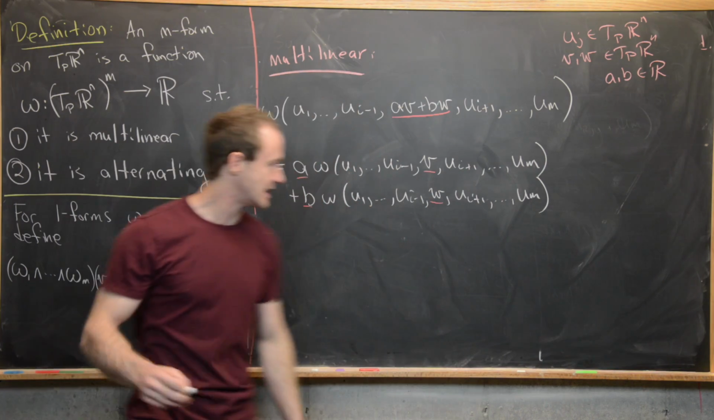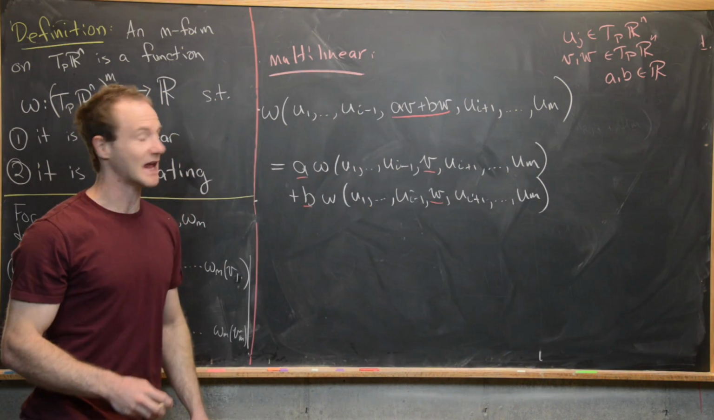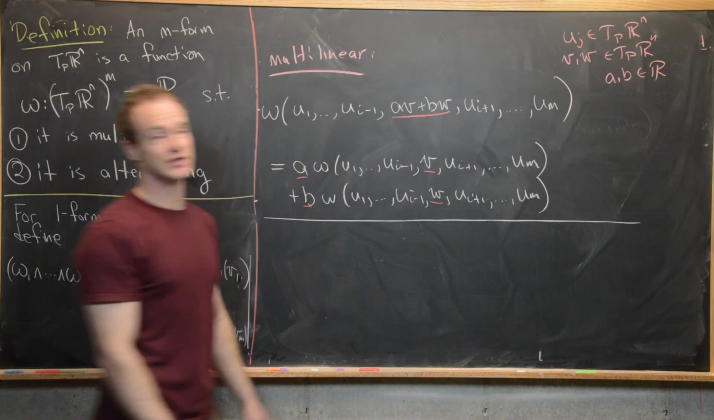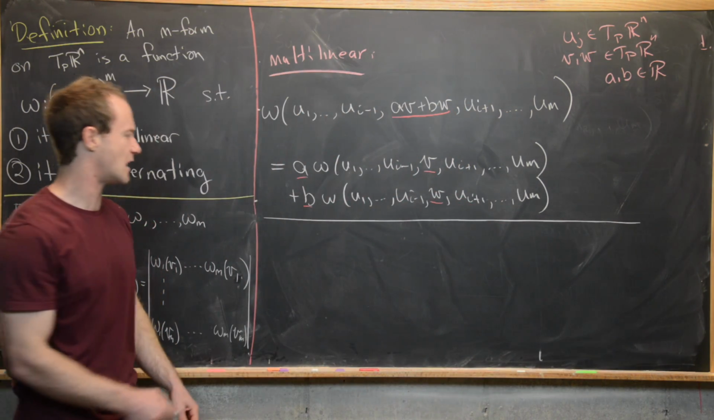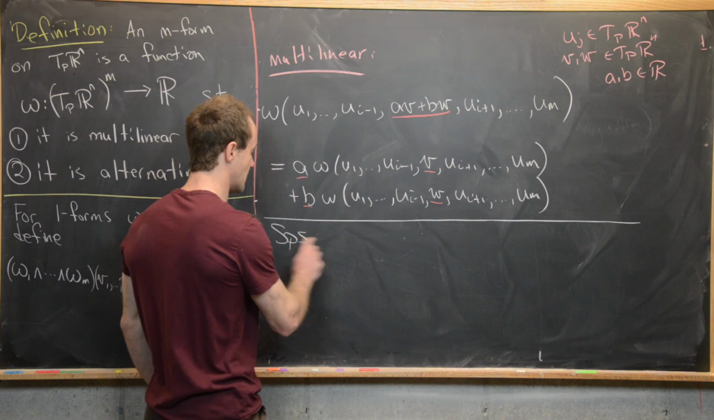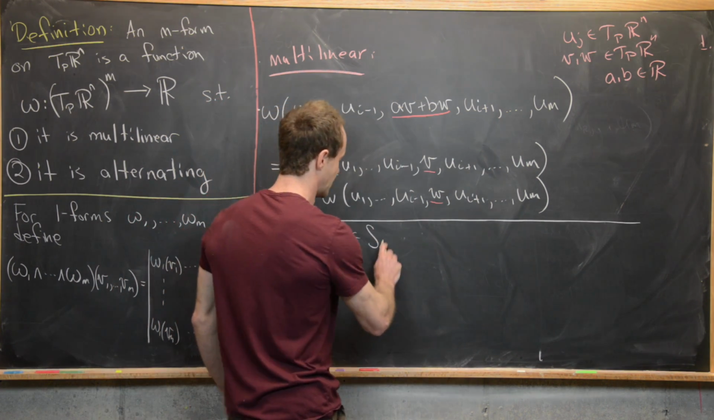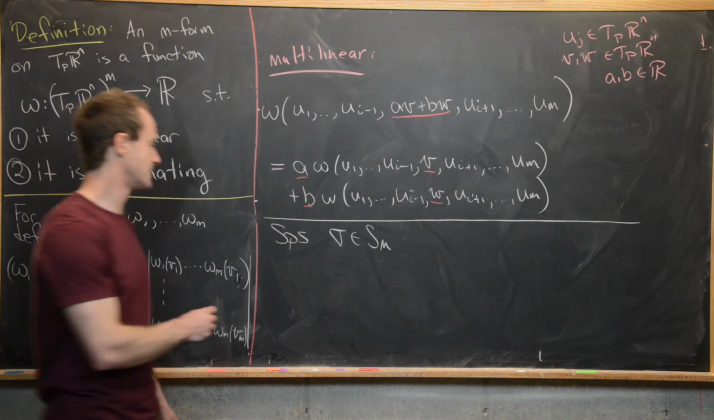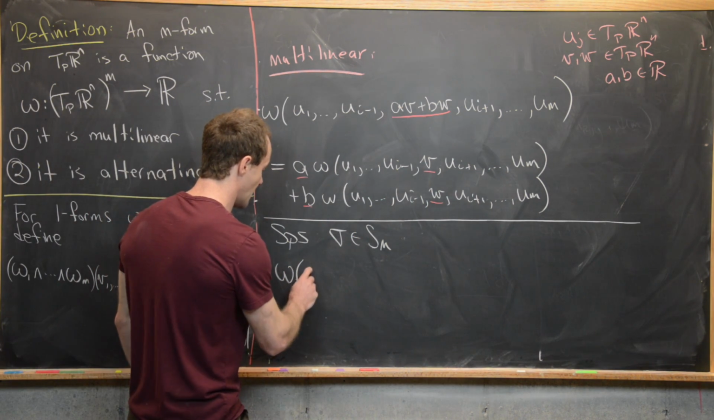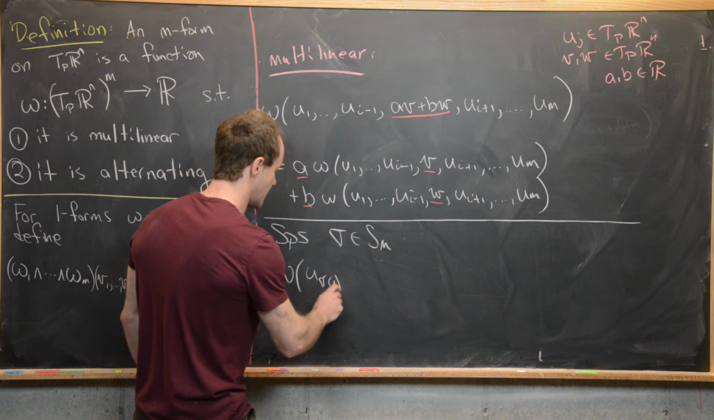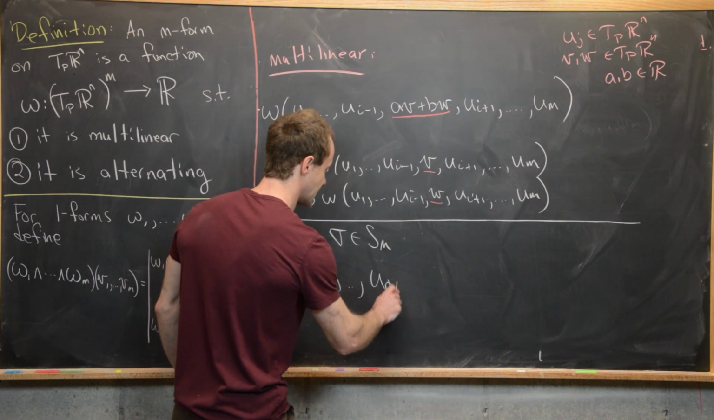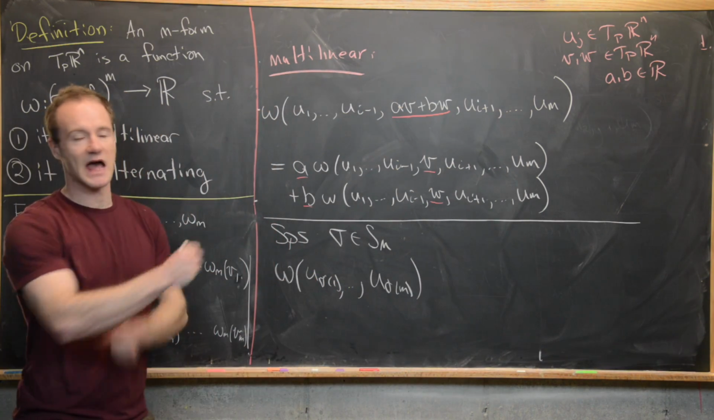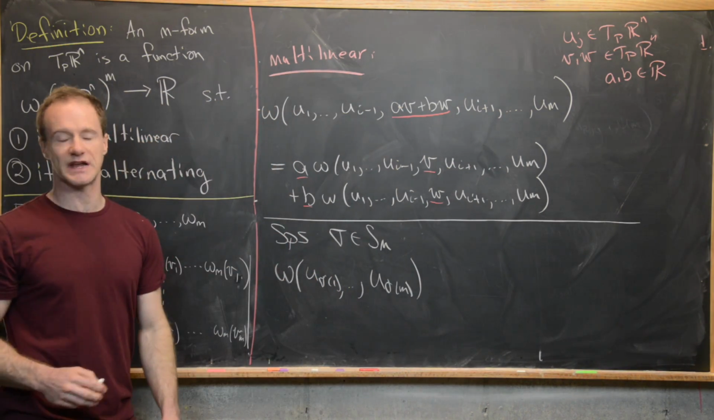So now what does it mean by alternating? Alternating means that if we switch any two entries, we pick up a minus sign. We can do this really carefully in the following way. Let's suppose that sigma is an element of S_m, in other words, a permutation on m entries. Then omega of u_sigma(1) all the way up to u_sigma(m), so in other words, we've taken the entries into omega and shuffled them with this permutation,